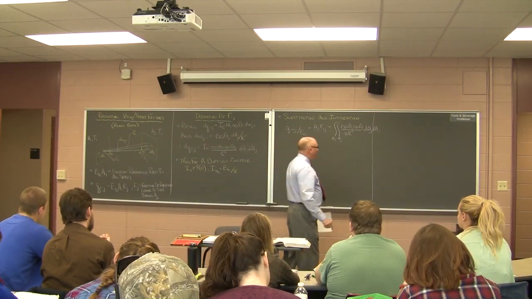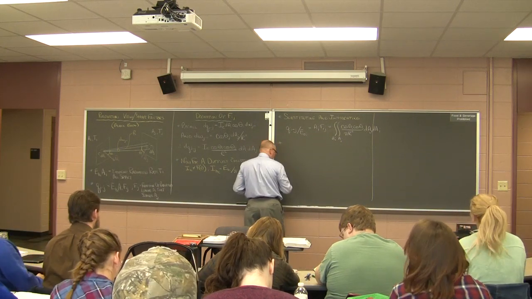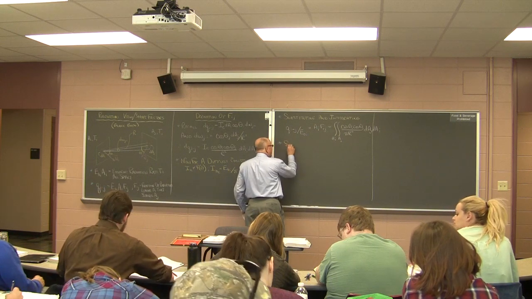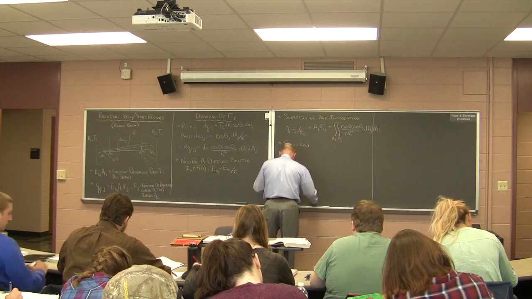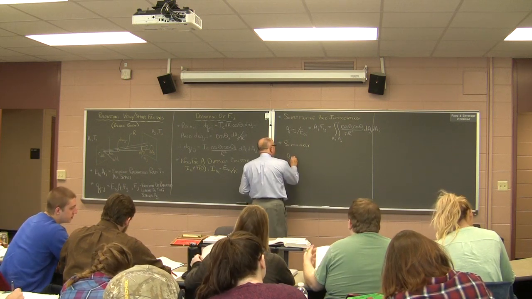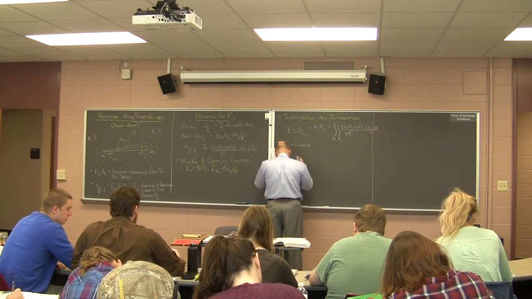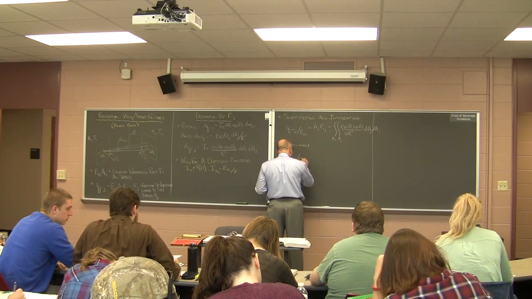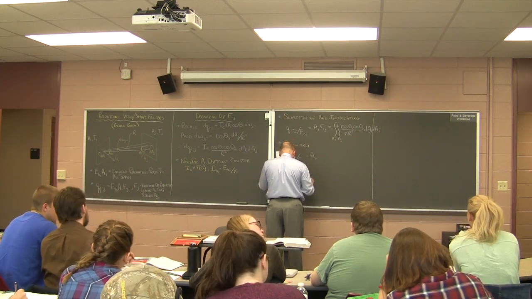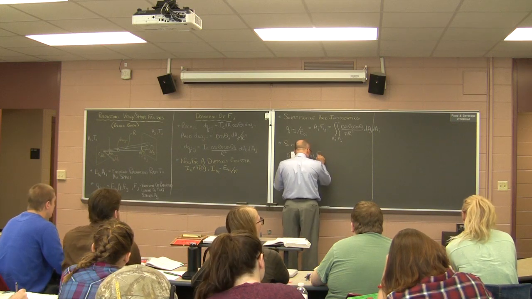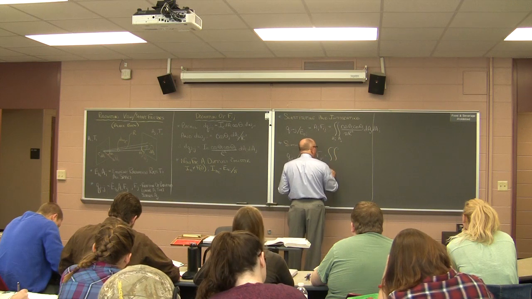Well, if we do that, we come up with the following result: Q_j to i divided by E_bj is equal to A_j F_j to i, which is equal to the double integral